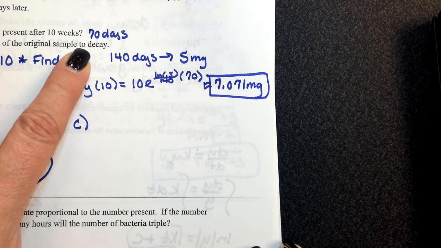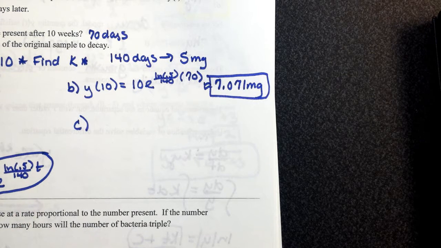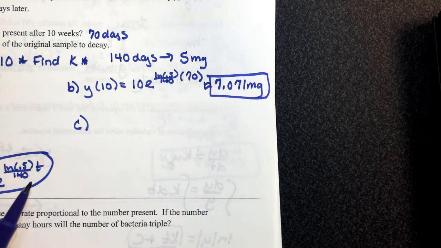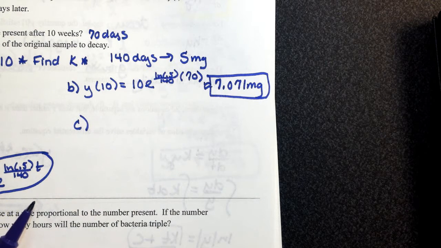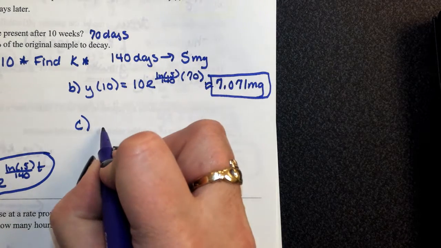So I'm solving for t. Does everybody agree with that? So I want 70% of my original. How long will it take? So how much is remaining? So I want to know at what time how much of this polonium is going to be left. So what am I going to set this equation equal to? I'm going to set it equal to